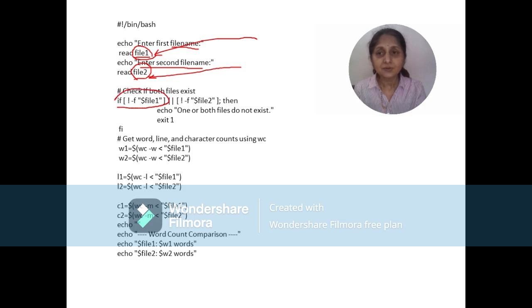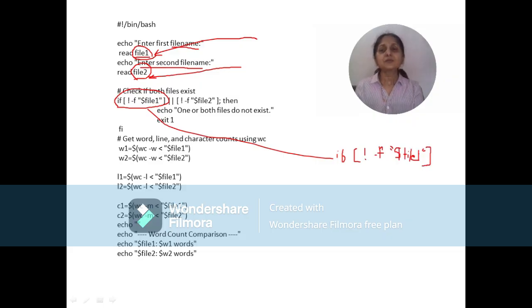There is an if condition. Can you see this if condition? Using this if condition, we are checking whether the file exists or no. Now if you see how it's been written, there is a space and there is a square bracket, and in the square bracket, in our program we have written this not, this exclamation mark, also known as not, and then there is a space and there is hyphen f, and then our variable. What is our variable? File1. Since we want the value stored in that variable, what do we use? We use the dollar symbol. Okay, so we have this if condition.